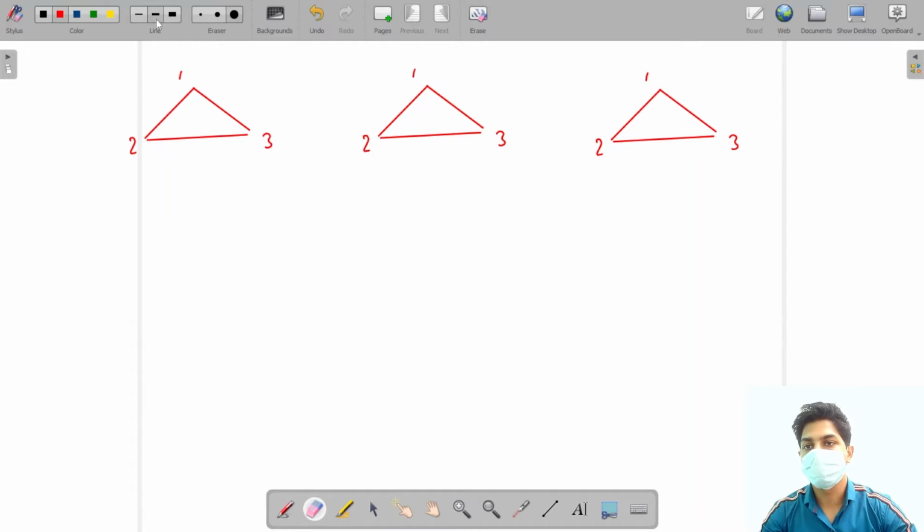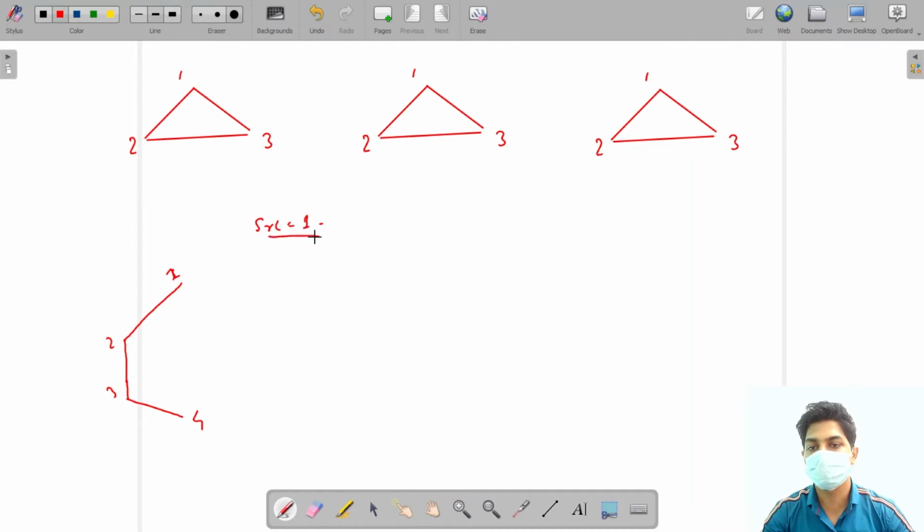Let's take an example. There is a graph like this: node 1, node 2, node 3, and node 4. There is no cycle in this graph. Now let's try to do a breadth first traversal on this graph, starting from any vertex, whichever vertex we want. Let's try from a source node, taking the source node as 1. Let's suppose we take one more node over here, 5 also.